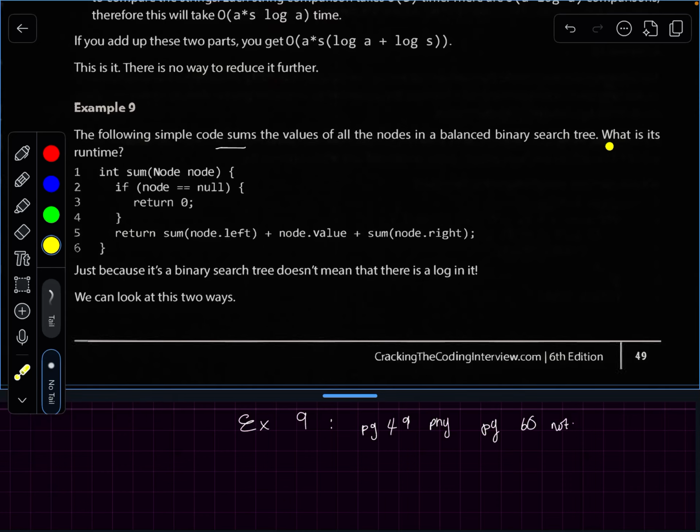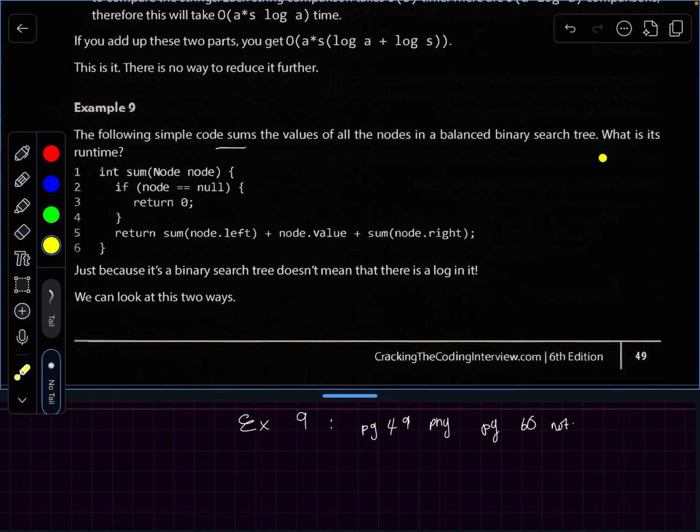A balanced binary search tree. What is its runtime? Okay, and we have a function that sums all the values of all the nodes in a balanced binary tree. And remember, we did the binary tree on page